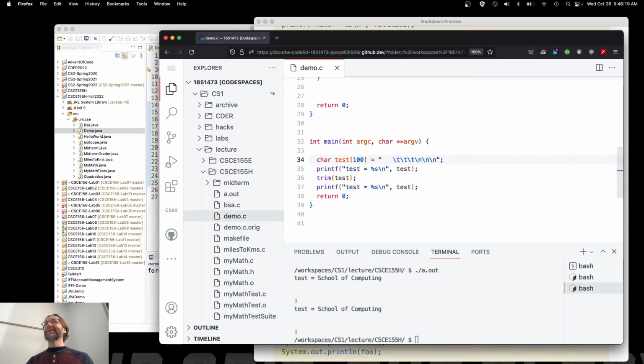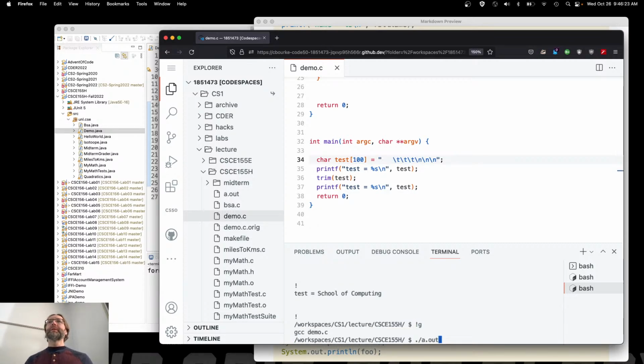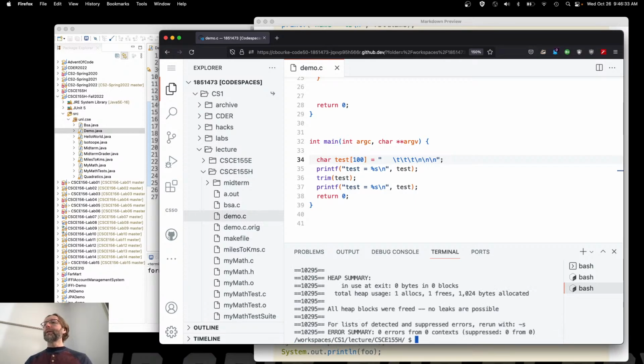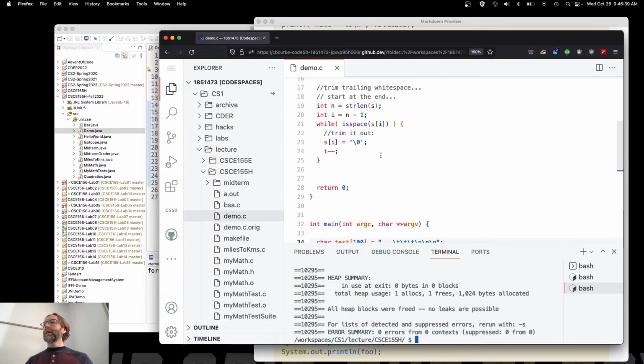All white space, right? So if it's all white space, then is it going to work? Find out. Looks like it. Let's find out if Valgrind is happy about it. Definitely. Oh, yeah, you are. Whatever. All right, I don't trust you at all. Right? Anyway,